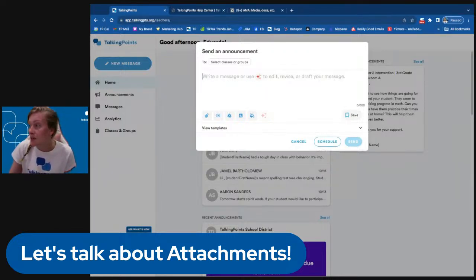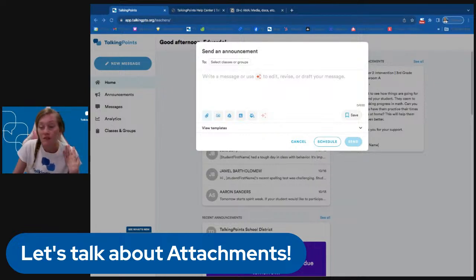Now, since I brought up Google Drive, let's go into talking about documents. Documents can be attached two separate ways as well. Google Drive, obviously, you can pull photos, documents, or videos from your Google Drive if you decide to attach from there. You can also attach from your computer, and that's what this paperclip is for. That's kind of familiar from any kind of software that you may use. So you'll click that. Again, it will bring up your folders on your computer. You'll find the document that you want to use. I'm just going to use a random one that I have here.